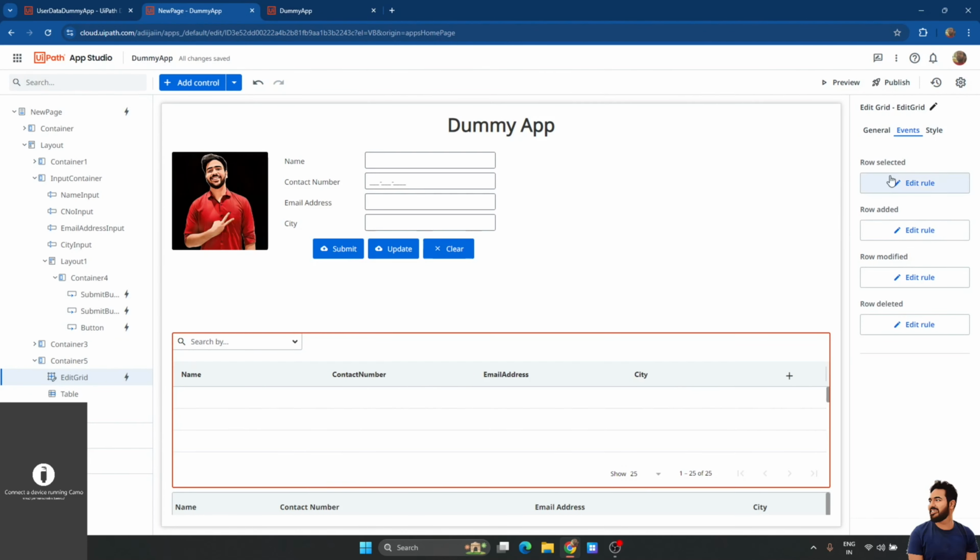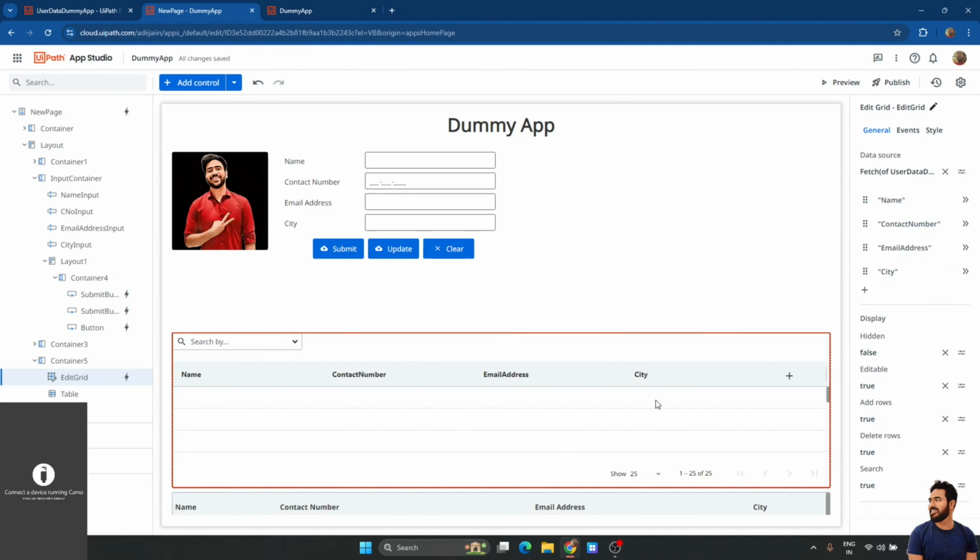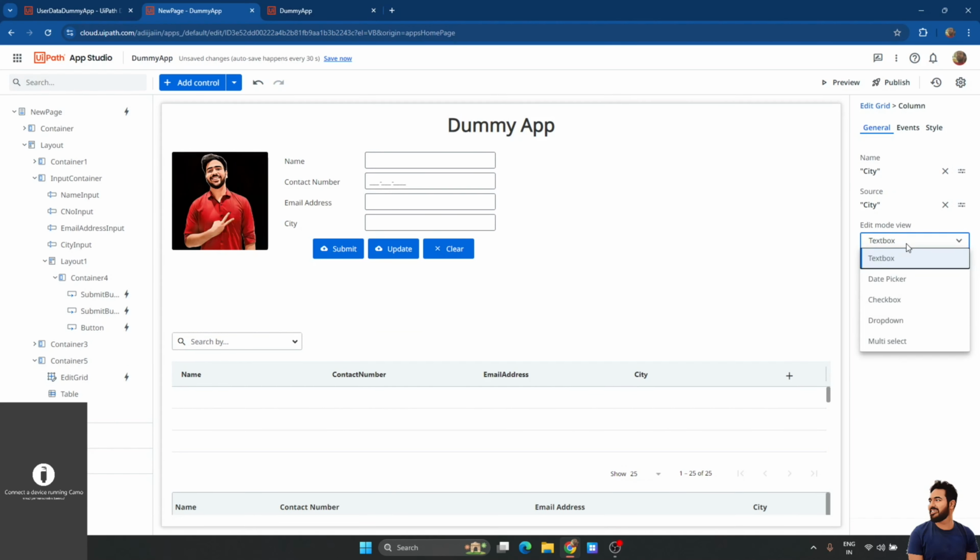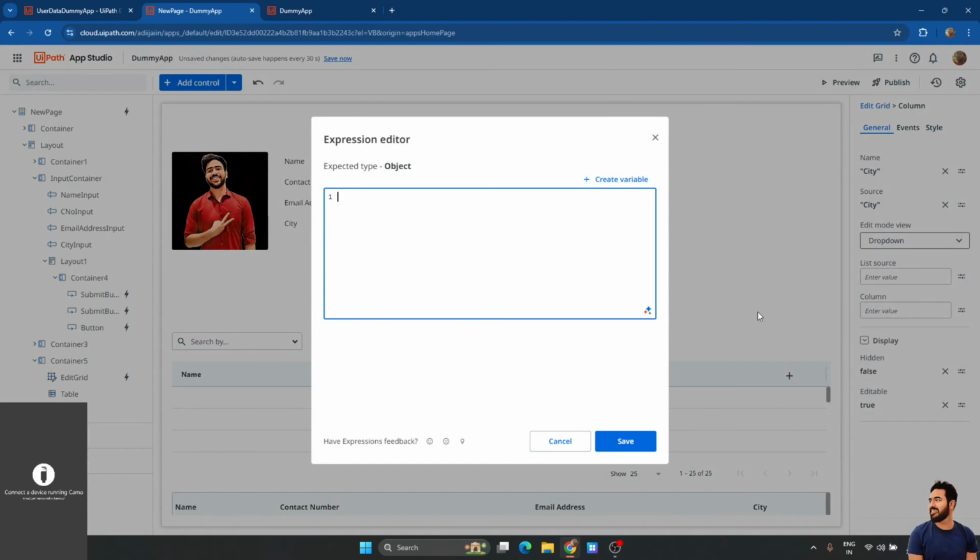Great. So this is how the whole edit grid control would be working. In addition to this, let's say if you wanted to have some kind of drop down type of control in city, it doesn't make sense right now, but if you want it, I'll go to city, I'll convert it to a drop down. I can give a new list source of string. Here we can pass the values in the form of string Indore, Jain,